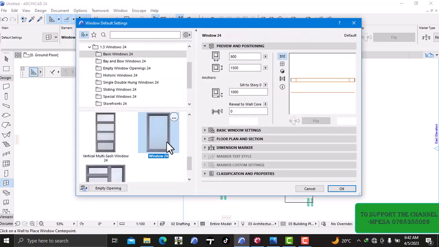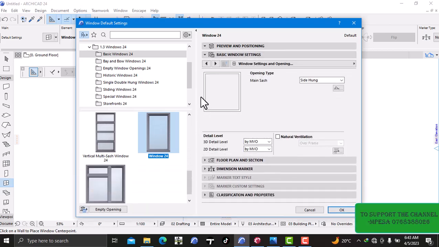Once it pops out, I'll still use window 24 and just do some edits of this. I'll begin my... I can work with 1000, 1500, but for this one, since it's going to be at the lodge, how to do the doors that I'm going to place at the lodge, can begin it at a lower level, 750. Typical thickness, I can work with 1800 of this, but I'll still now change the thickness of this, so it's